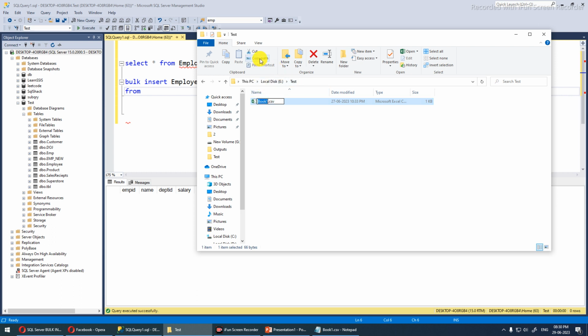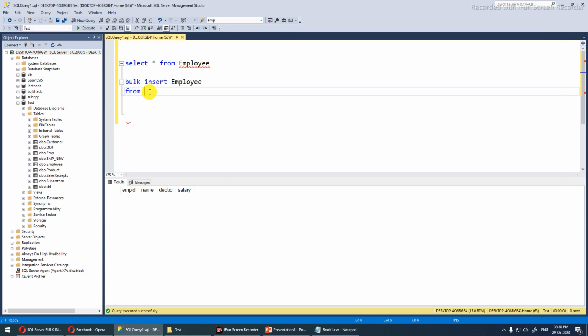So I copy this location. You know very well SQL Server supports a single quote for the text. So I will not use double quote, I will use the single quote. And with, now, field terminator.